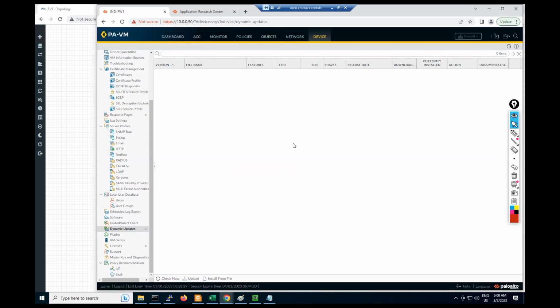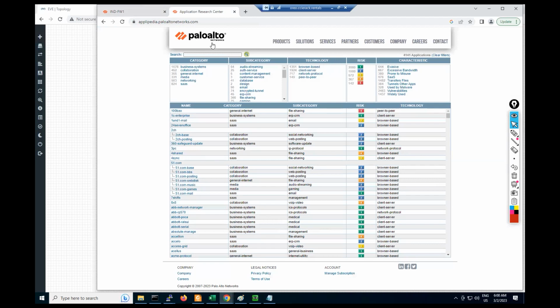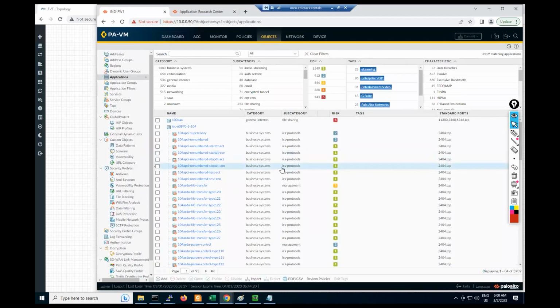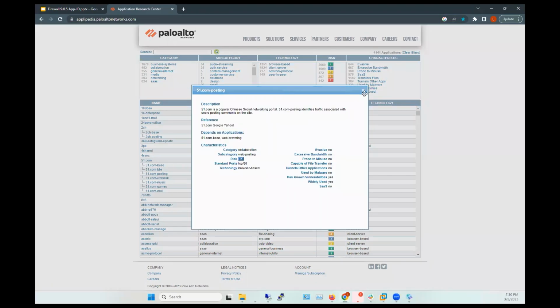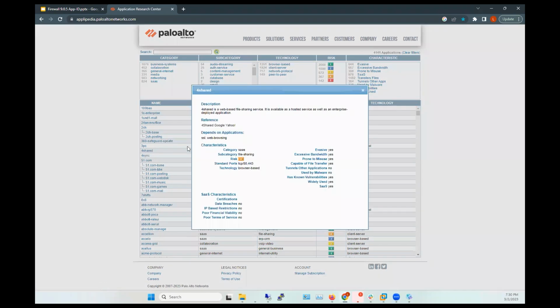No, we can't. Okay. So guys, in this case we don't have a license. That's why we are not able to update our database. So anyhow, we have to manage with this database. If you want to update your database, you should have a license. This is the only drawback. Palo Alto updates this database from time to time, and we can get all the updated applications here, right? So let's see, guys, one app ID detail here. If we click here, we will get description, reference,